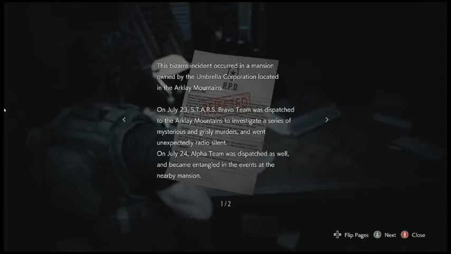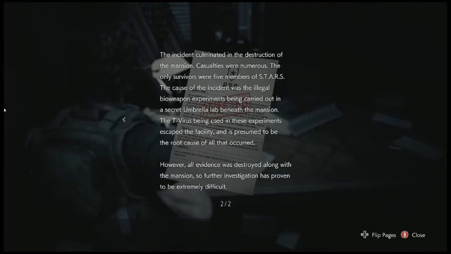Bravo team dispatched to the Arklay mansions to investigate a series of mysterious and grisly murders went unexpectedly radio silent. July 24th, the next day, Alpha team was dispatched as well, became entangled in the events at the nearby mansion. The incident culminated in the destruction of the mansion. Casualties were numerous. The only survivors were 5 members of STARS. The cause of the incident was the illegal bioweapon experiments being...